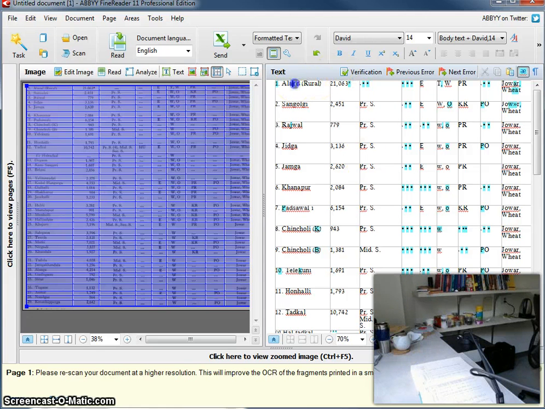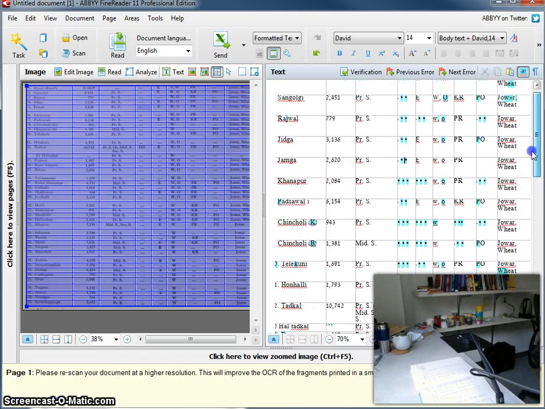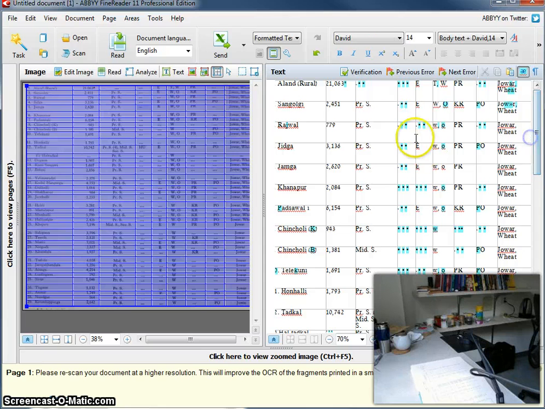So for example, this place, Alum, is a purely rural district, so there are some fields that just don't make sense in a rural district, so there will be blanks there. There will also be cases where a district literally did not exist at the time that the census was made, so it'll have blanks. Other times it'll actually indicate that they just don't have information. So you can see for the most part this came out well, other than these missing values,